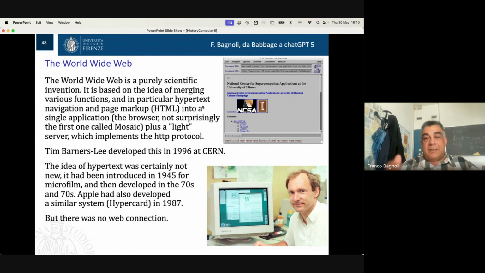Clearly, it was an increase, a step-by-step increase up to a kind of phase transition, because at CERN they used to have a lot of documents that had to be shared, like manuals, reports, and so on. All these documents had their own format, but the preferred one was textual,